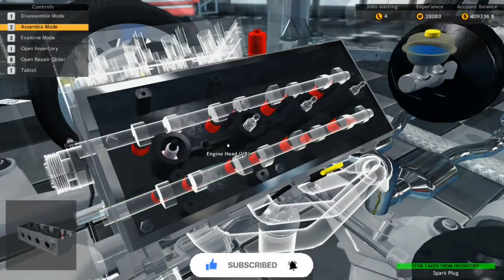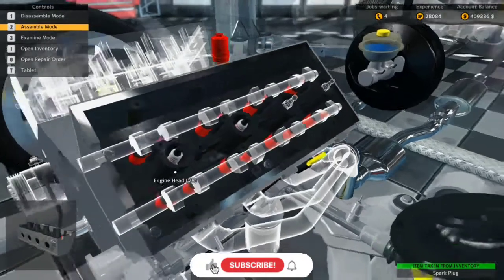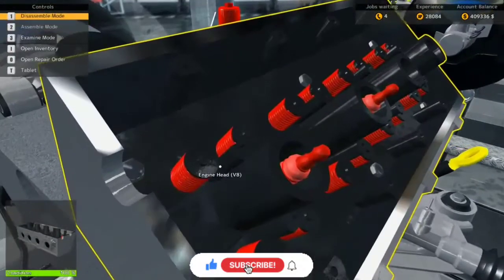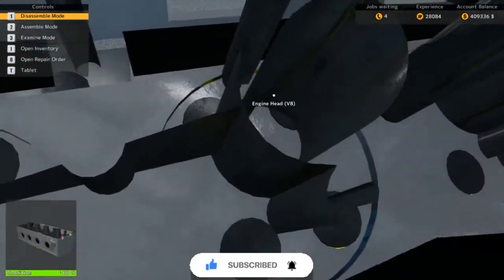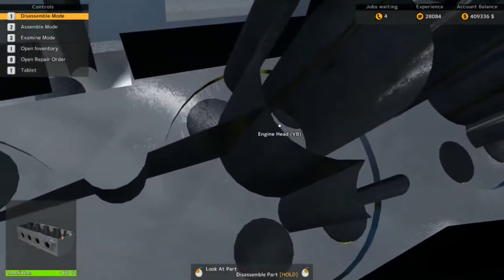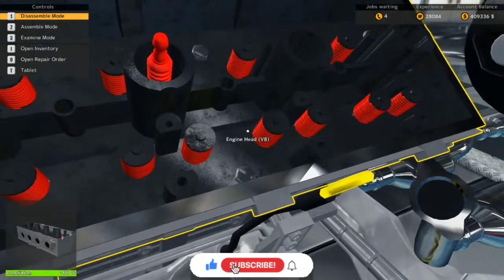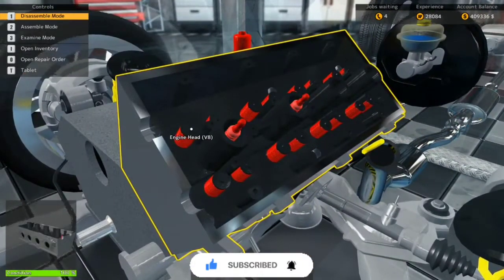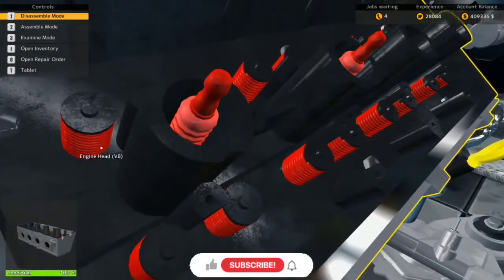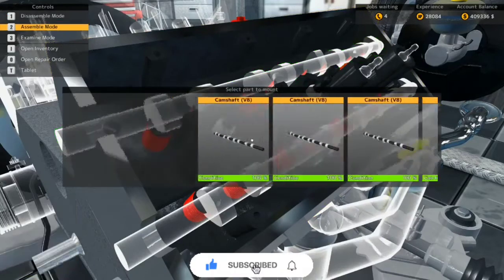How about these performance ones? Okay, so we have the engine head. Now we have these little spring-like things. These are known as valve covers, I guess, or valve springs. That's what they're called, valve springs. So there are these little plates on the top and the little springs here, and we have what is known